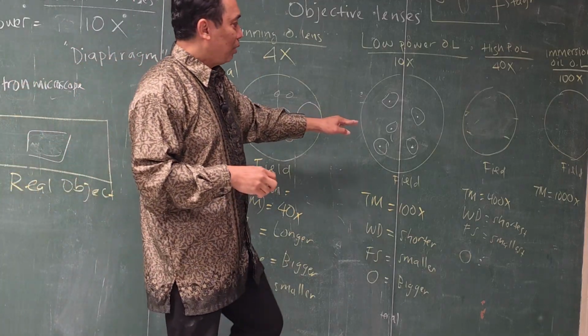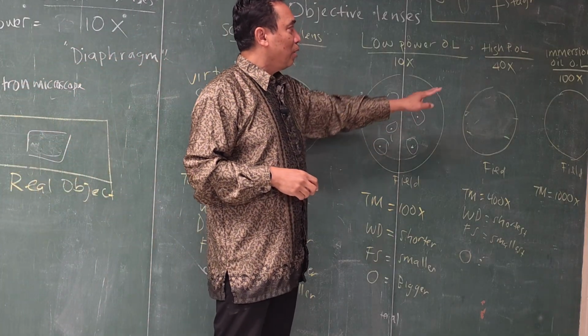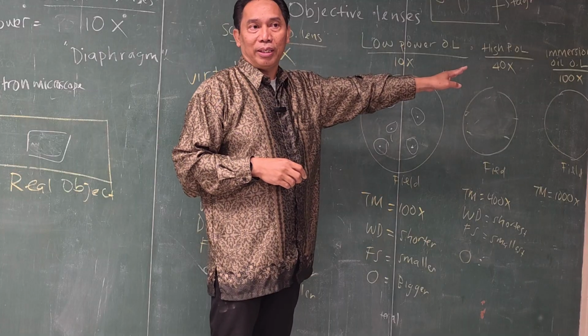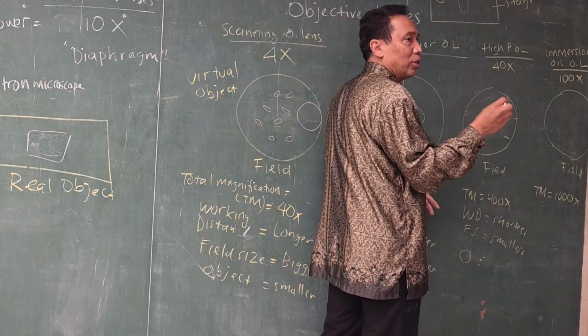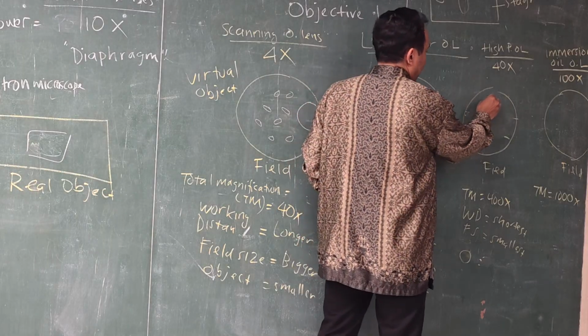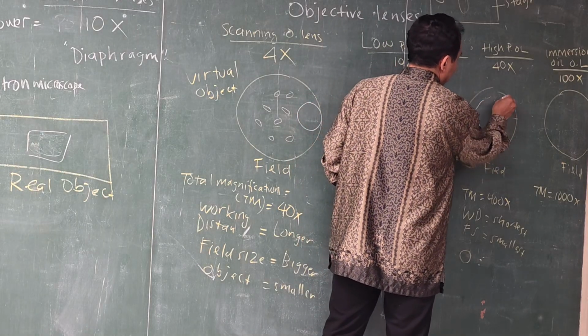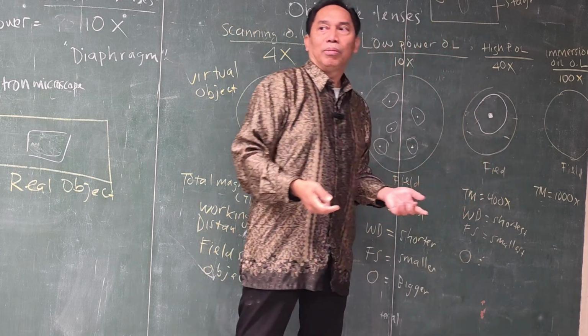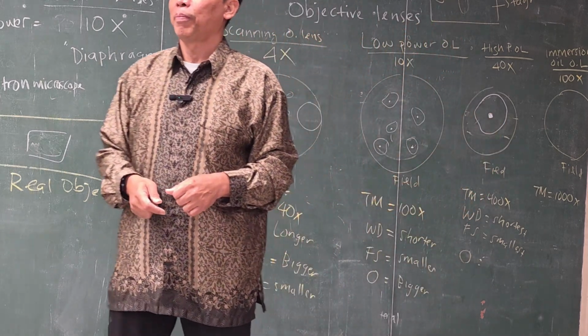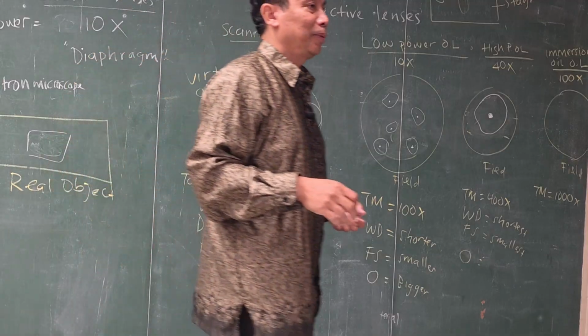Now, after you see it like this, look at the high power, change that. You should be able to maybe see only 1 or 2 cells on the field. Let's say you only see 1 cell. Now it's going to be bigger, and the dot is going to be more clear. I don't see a dot. Okay, let's see.